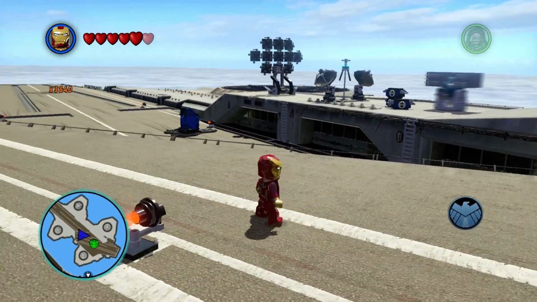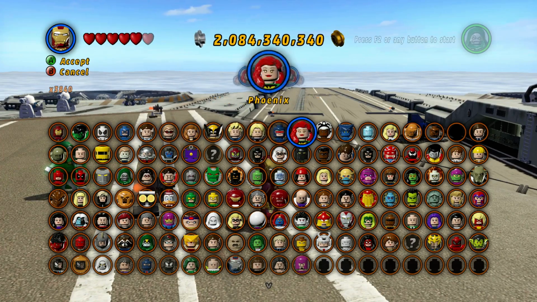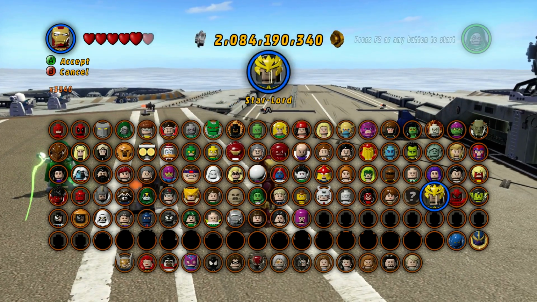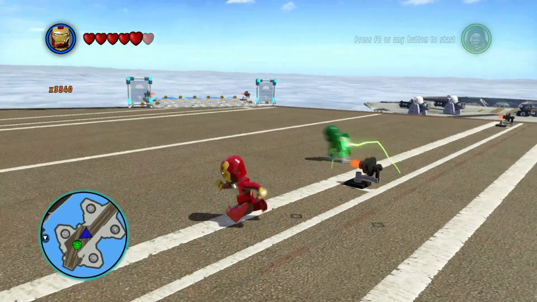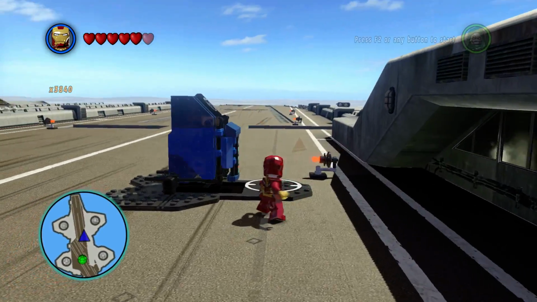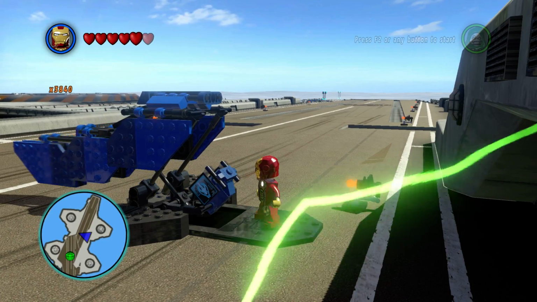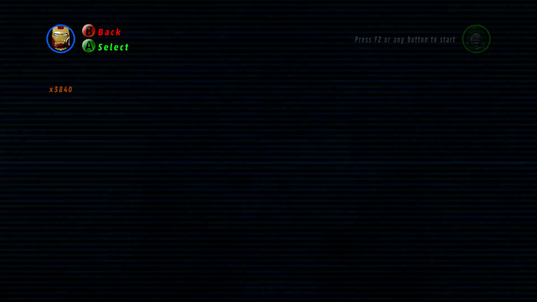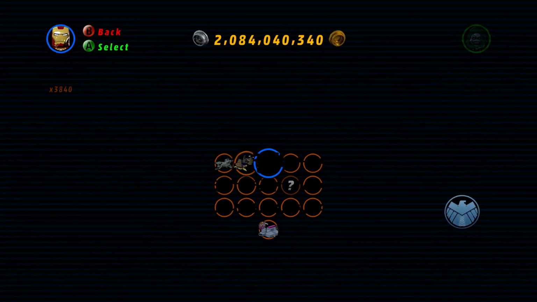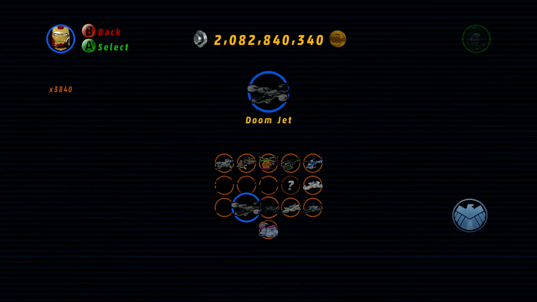And so we've unlocked Maria Hill. Which means the last character to unlock is probably Stanley, and it probably requires 50 out of all 250 of the gold bricks. So if I can do that one race, which I'll fly to in a second, that'd be great. So we have all these flying vehicles, none of which are any use at all,